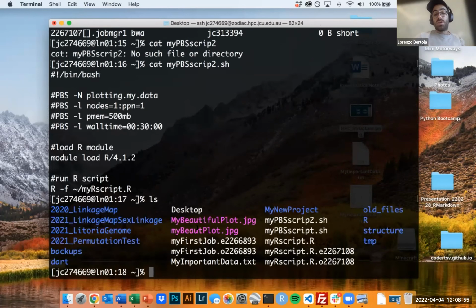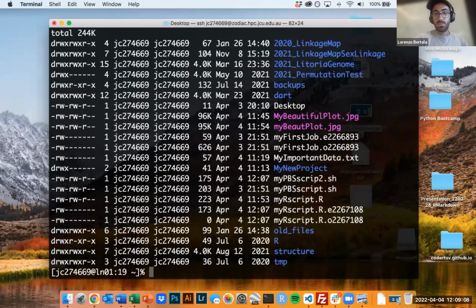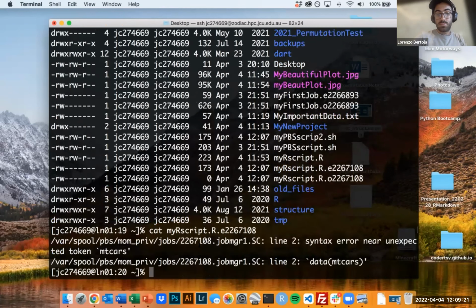If everything worked, my R script should have produced my beautiful plot. I believe this time it didn't work. Oh no, it ran. Okay, there was probably an error in something I did. There's an error somewhere in there. We're not going to worry for now, because the main thing I like to focus on is, was this process